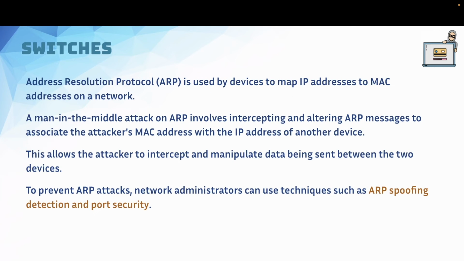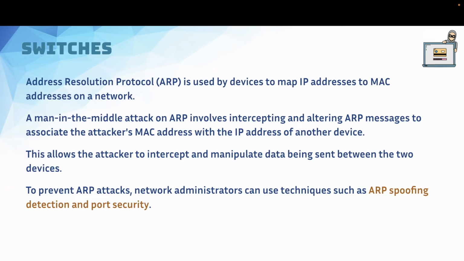Address Resolution Protocol, or ARP, is used by devices to map IP addresses to MAC addresses on a network. A man-in-the-middle attack on ARP is going to involve intercepting and altering ARP messages to associate the attacker's MAC address with the IP address of another device. So the attacker is going to intercept that ARP packet and change the MAC address in the packet to his own MAC address. This is going to allow the attacker to intercept and manipulate the data being sent between the two devices. And to prevent these ARP attacks, network admins can use multiple techniques, such as, for example, ARP spoof detection and